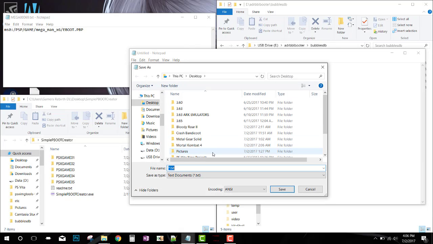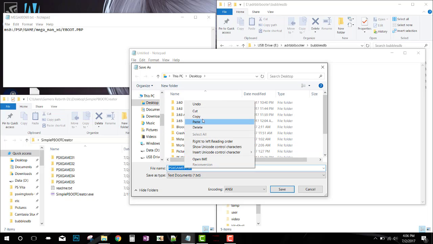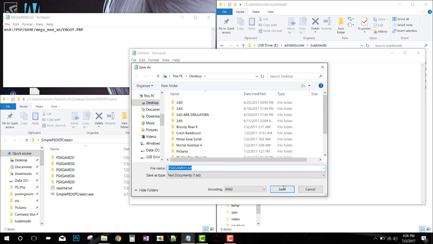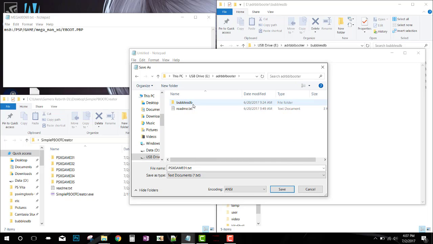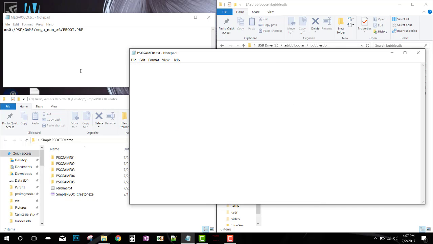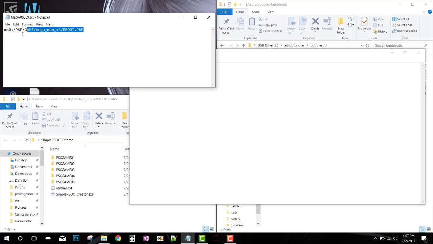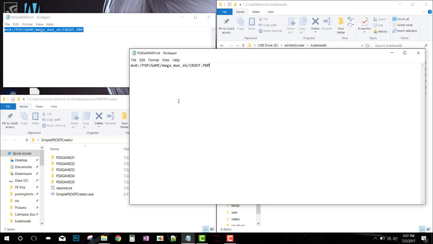Remember to save it as the game ID, which is PSX game 01.text. I'm going to copy that information since I'm going to need it for 4 more text files. Remember to include it in the Adrenaline Booter folder, Bubbles database, and then paste it in there. So now that I'm ready with that text file, just copy the path and then change